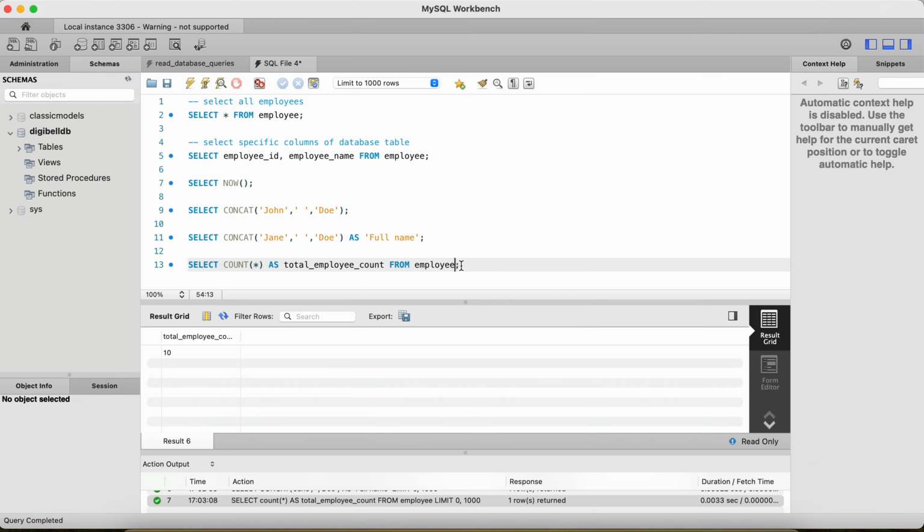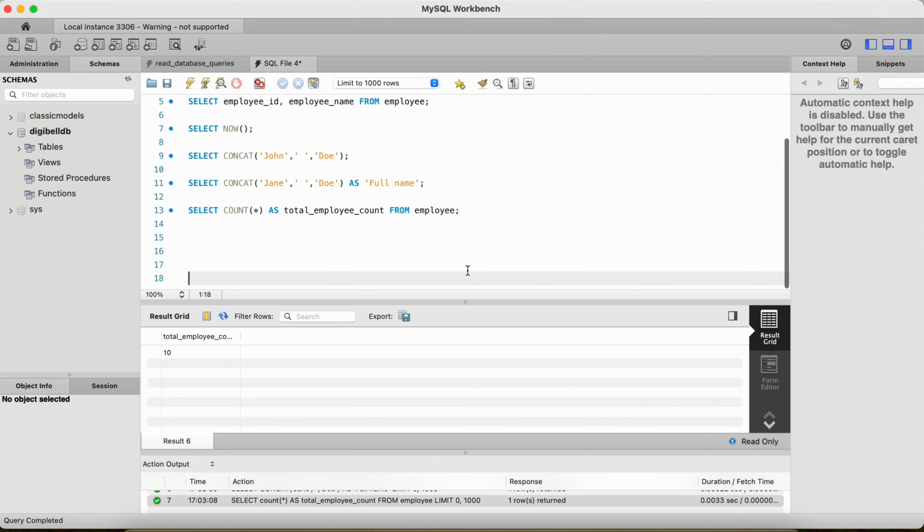So you can use the select statement to fetch the data out of the table, and you can also call the functions. You can call the functions along with the database tables as well. I mean to say you can combine both of them to invoke the queries that are required for our need, right? With that said, I will stop over here and I'll come back with the next